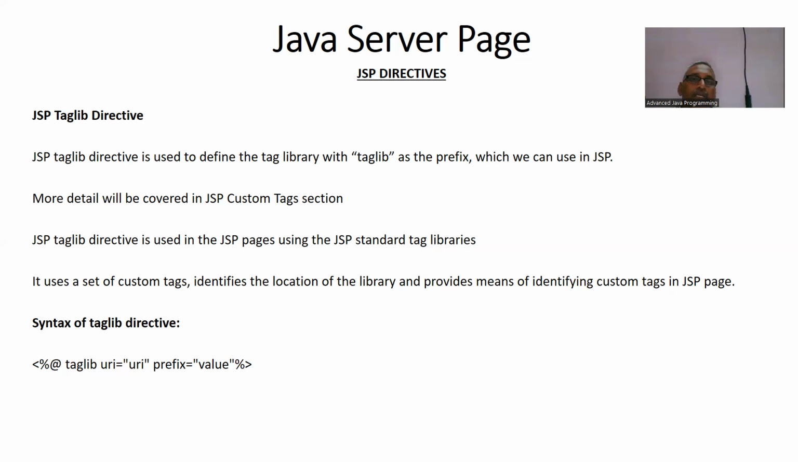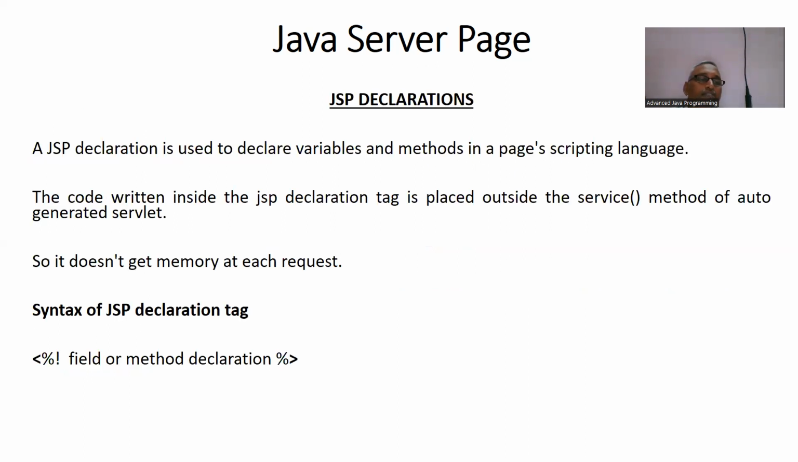Next, JSP declarations. JSP declarations are used to declare variables and methods in the page's scripting language. The code written inside the JSP declaration tag is placed outside the service method of the auto-generated servlet, so it does not get memory at each request. The syntax of that tag is: less than symbol, percentage, exclamation, field or method declarations. For example,